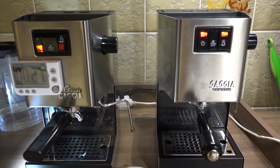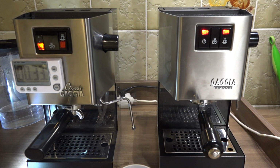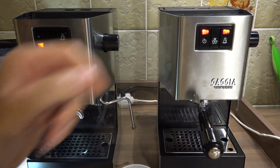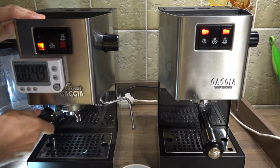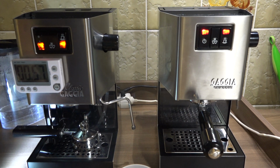Okay. So far, 30 seconds. What I noticed is that on the newer model, when I'm moving up to steam mode, actually it will start dripping out of the brew group. Here, it doesn't seem to do that. Okay, so anyway, 50 seconds. I tested it before too, and the last time I tried that a few days ago was also 50 seconds,